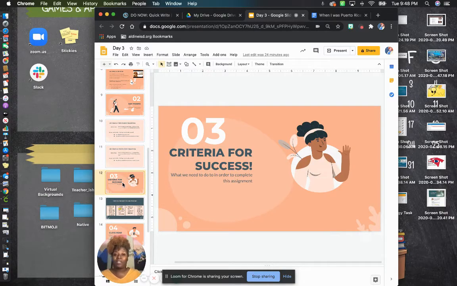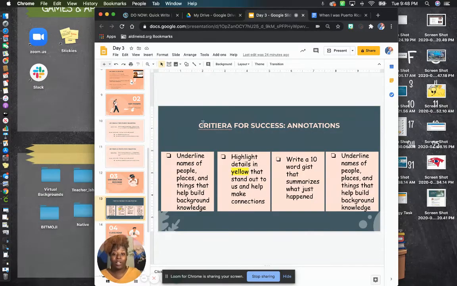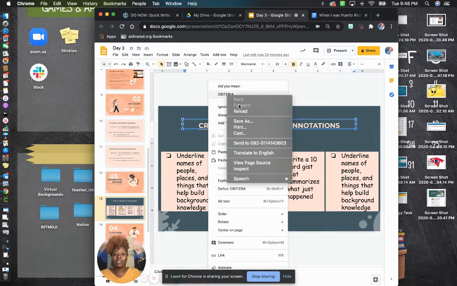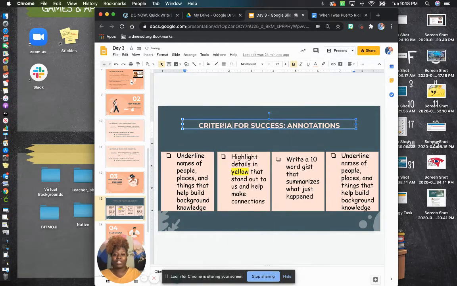The criteria for success is what we need in order to complete this assignment and every assignment. In most assignments, you're going to see a criteria for success at the top of the page. Today, the criteria for success is we're going to do annotations.